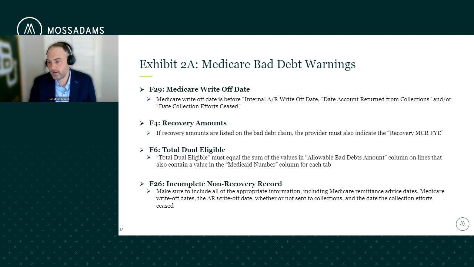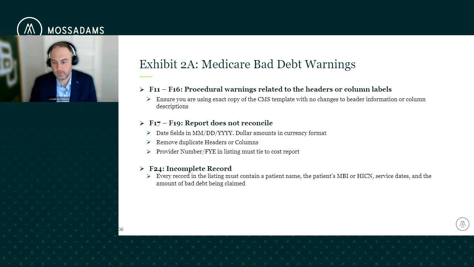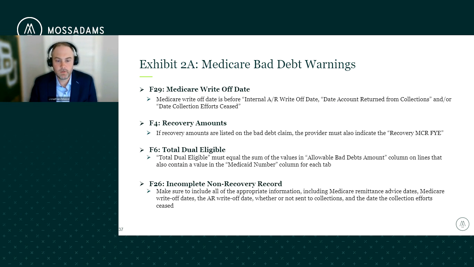I know we've got a ton of questions and we're not going to be able to get to all of them. But I did want to mention on Medicare bad debt, I think Heather mentioned a lot of these. I was looking through a lot of, again, procedural. Make sure that you have the information regarding demographic information, patient name, dates of service, write-off date, write-off amount. That's really required in all of these templates, right? Moving forward.